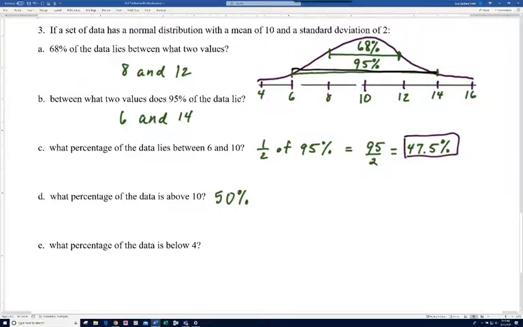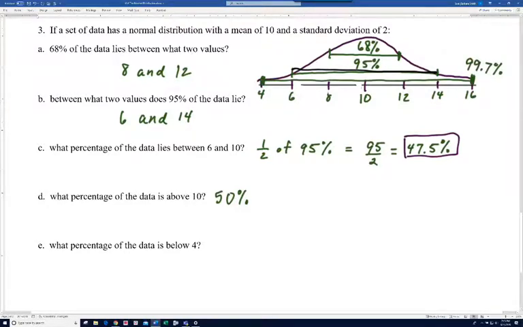Just making sure you understand where the mean is, and what percentage of the data is above and below. If you look at E, what percentage of the data is below 4? So that's over here. Well, 4 is 3 standard deviations below the mean. We know that